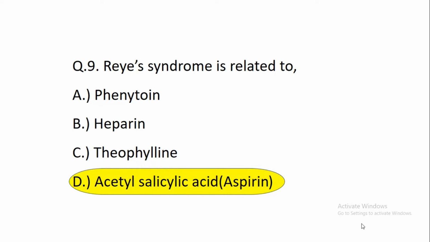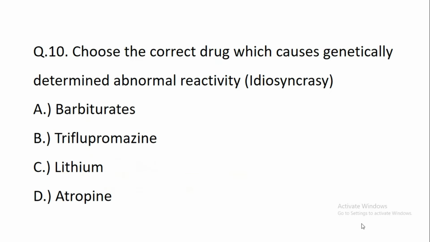Question number 10. Choose the correct drug which causes the genetically determined abnormal reactivity, which is called idiosyncrasy. A, barbiturate; B, triflupromazine; C, lithium; D, atropine. The answer is